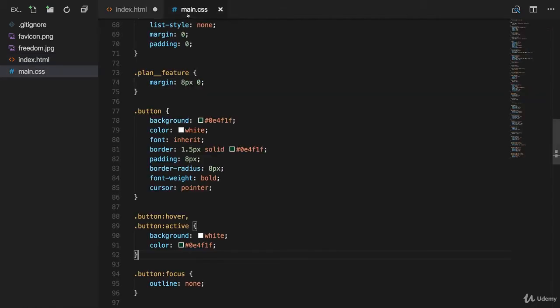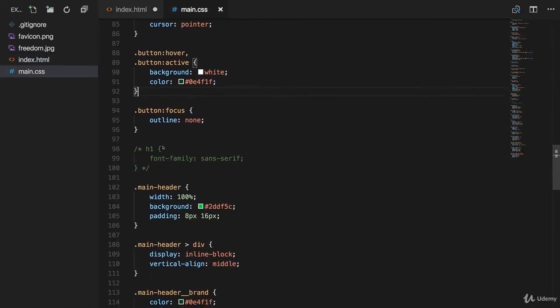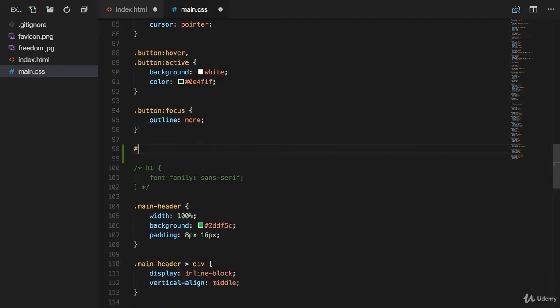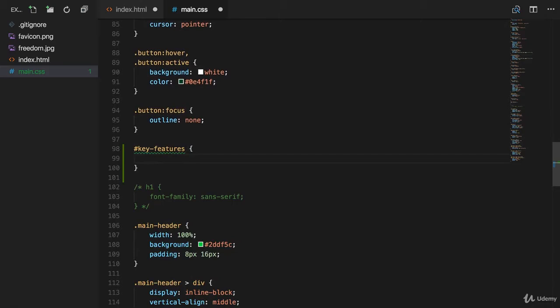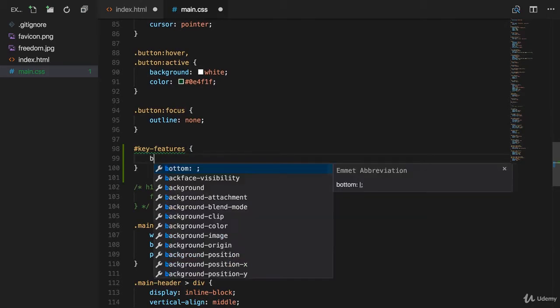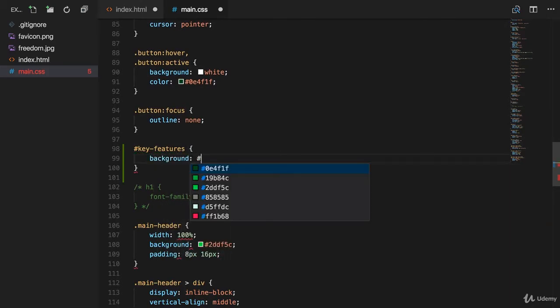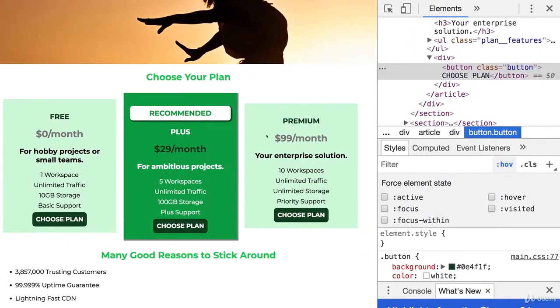We can now use that selector in our CSS file, below the button here maybe. Use it with a hashtag because it's an ID, so we need the ID selector. And there, I'll assign a background color, which is this reddish color we used before, a strong red color. If we save that and reload,